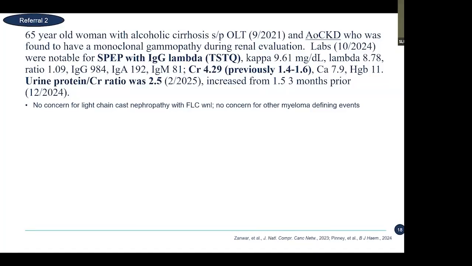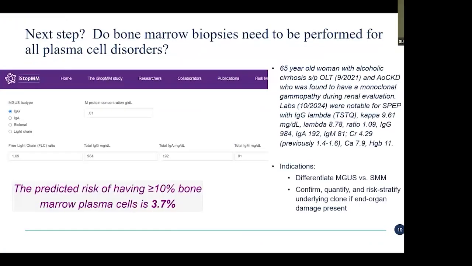So the first question is, if we see this, the creatinine of 4, the clone too small to quantify, what are our next steps? Will a bone marrow necessarily be helpful? Is that what we need to do? And the answer is no. So a bone marrow biopsy would probably not help us in this case, at least initially. So we don't necessarily perform bone marrow biopsies for everyone that we see that has a plasma cell disorder or